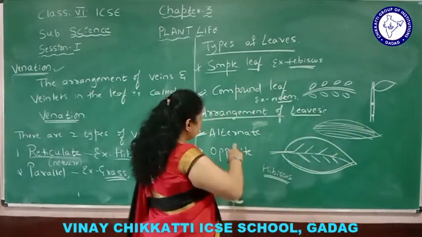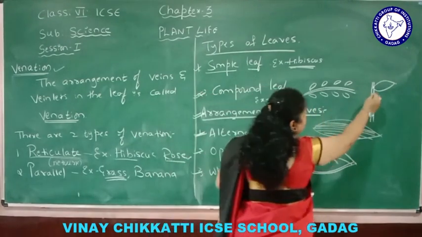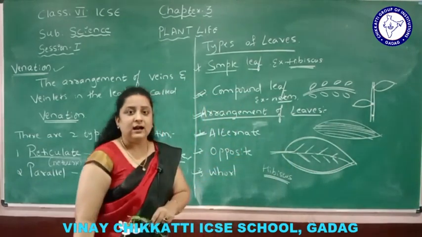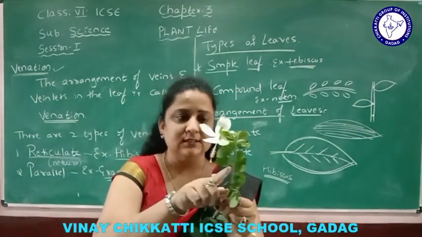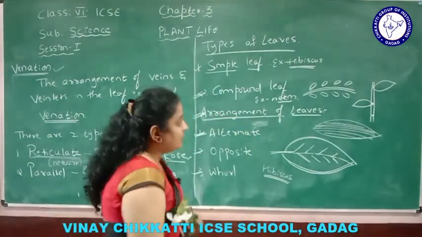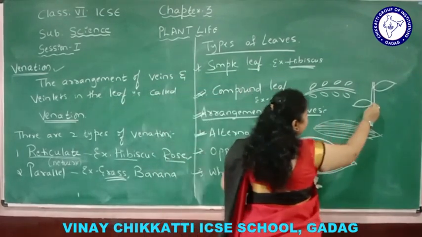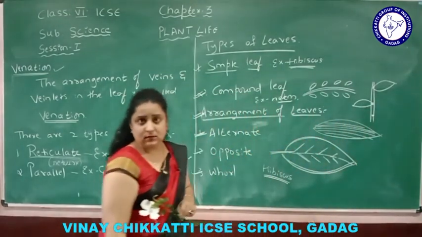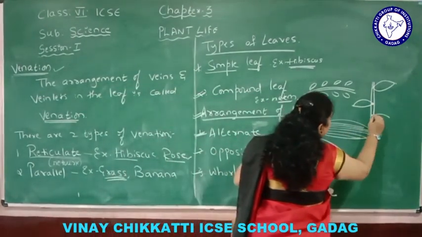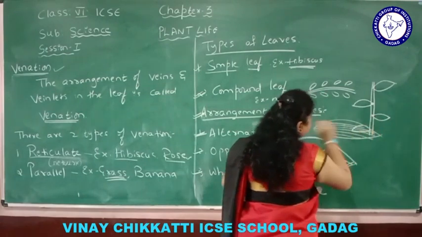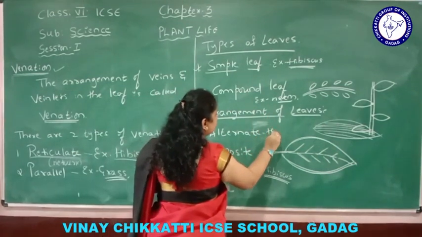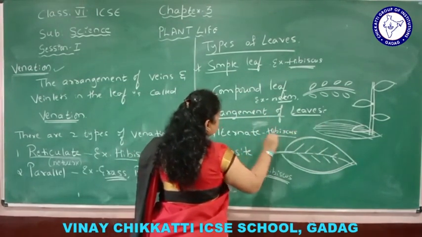Now how is it arising? In the alternate manner, alternate. So one leaf from here, another leaf from this side. This arrangement is called alternate arrangement. As you can see here, there is one leaf here, another leaf on the opposite side, on the alternate side. So it is called alternate arrangement. Means that leaf is arising from a different node is called alternate arrangement. Again the next leaf will be on this side, again on this side. So it is called alternate arrangement. Again a very good example we can give is hibiscus.